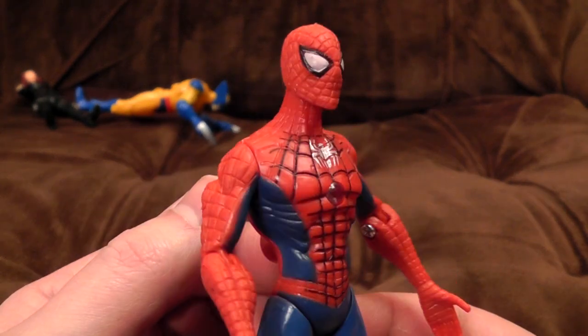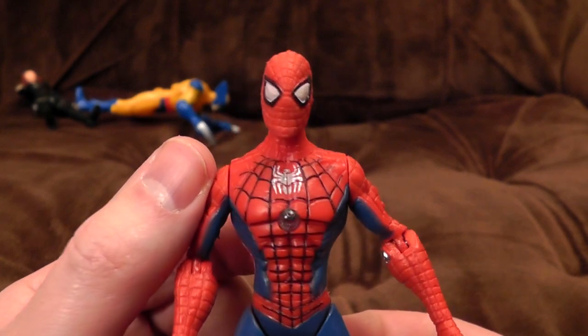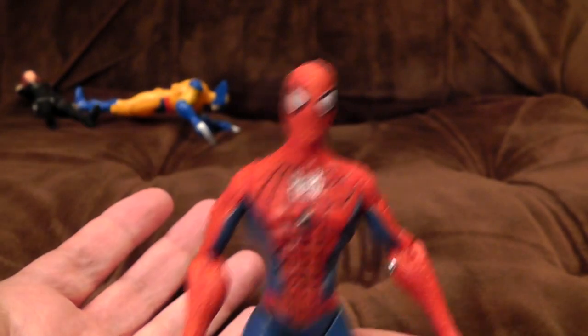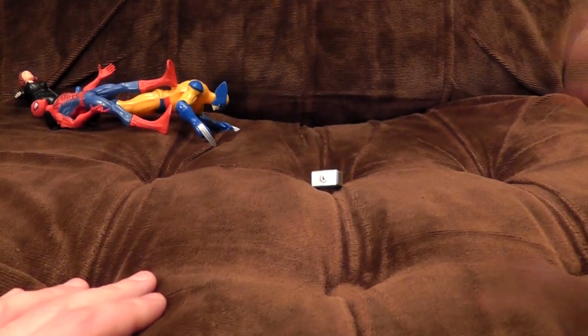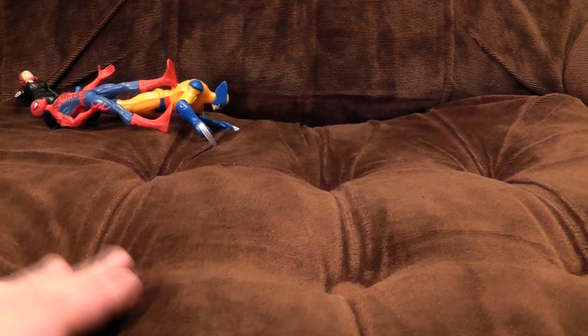It's not that bad a figure, I suppose. I mean, you wouldn't dare give it to a child. It'll snap into pieces and choke them to death within seconds of them looking at it. But hey, it does actually look like Spider-Man. So well done. We're all really impressed. And now we go on to the second set of figures, because, you know, we want a complete set. And by we want, I mean we want anything other than...